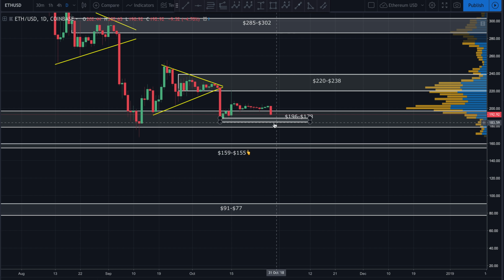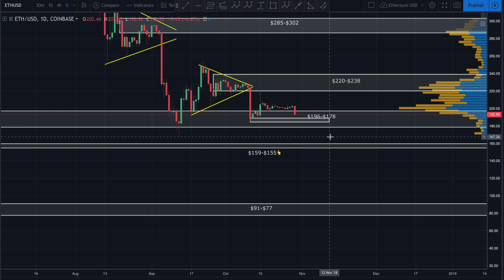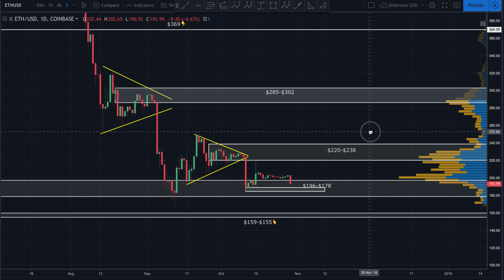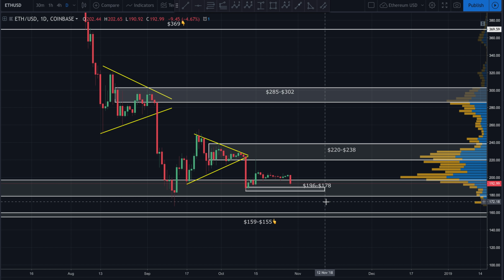Now, again, might be a good place to start deploying a little bit of capital, but I would be very careful knowing that if Bitcoin does break down, guys, Ethereum is going to break down, but more than likely at a much greater degree. So just be very, very careful, guys. If you want to be conservative and you're not comfortable with this, just have your fiat on the side and wait for an established trend. It's going to come. You know, this new trend is going to come.